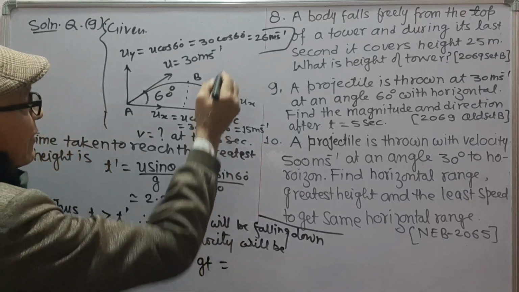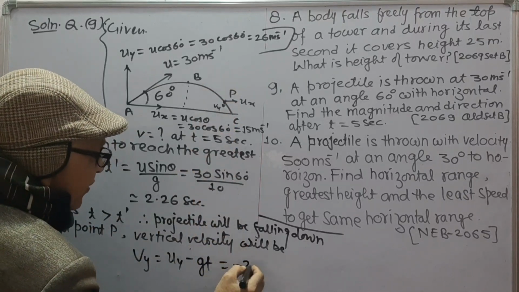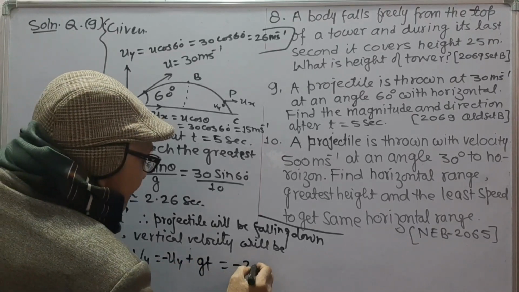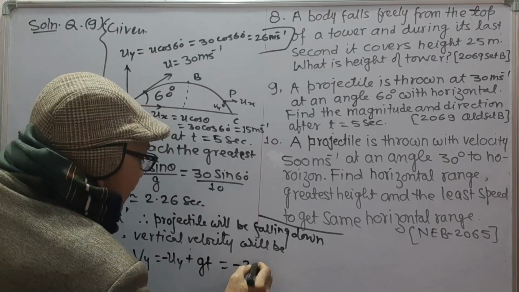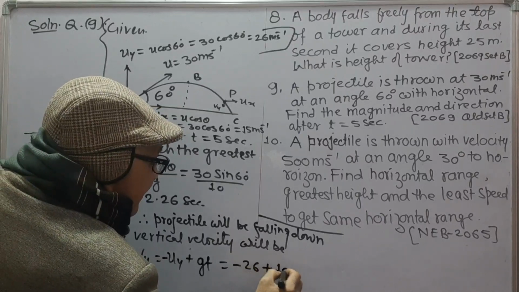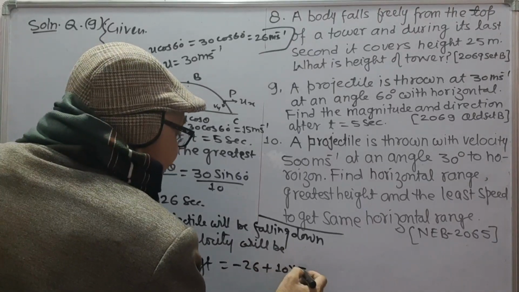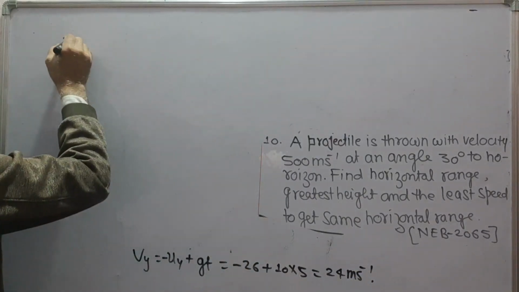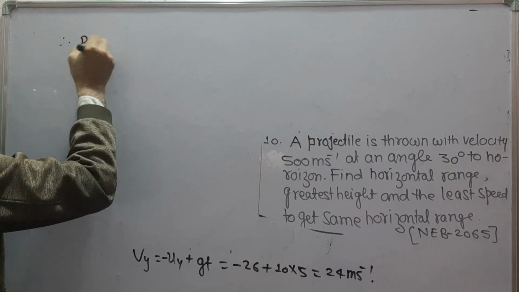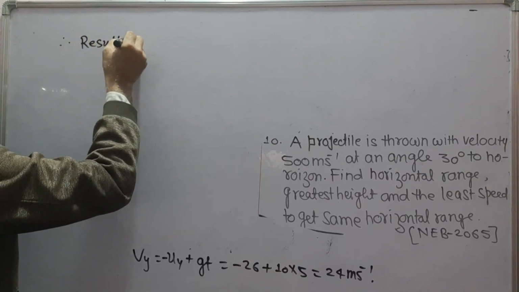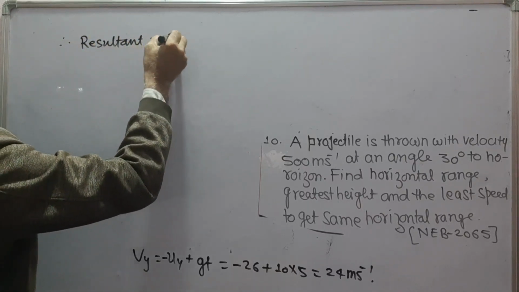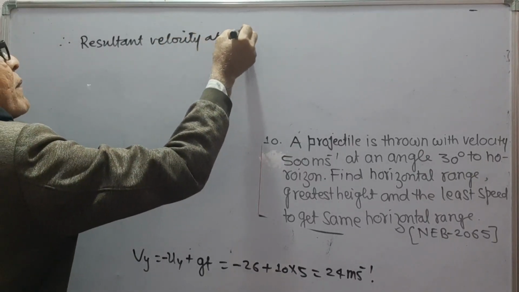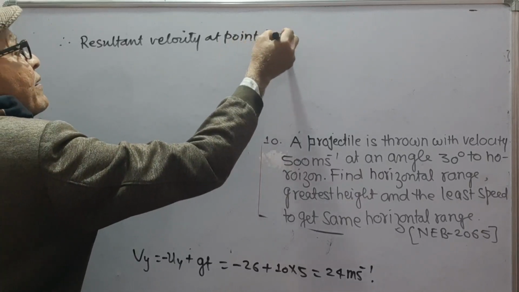Uy is 26, so minus uy plus gt, 26 plus 10 into t, where t is 5 seconds, which gives 24 meter per second. Therefore, the resultant velocity at point P will be